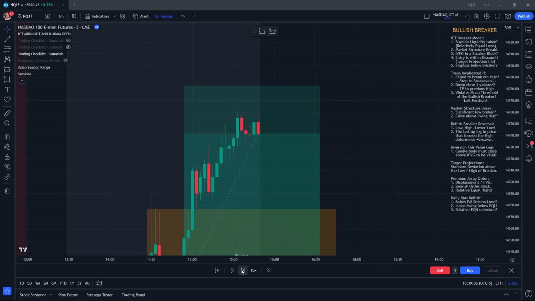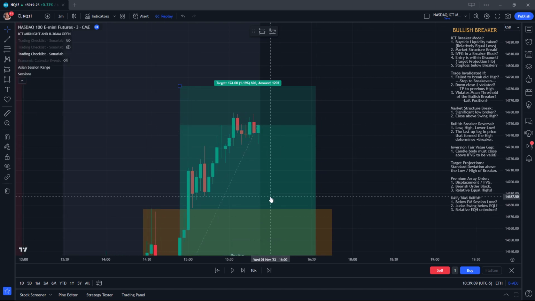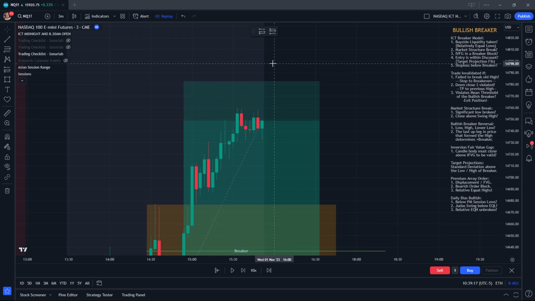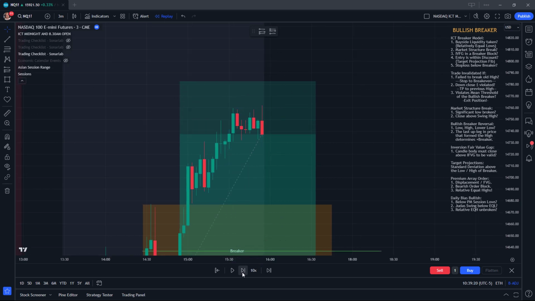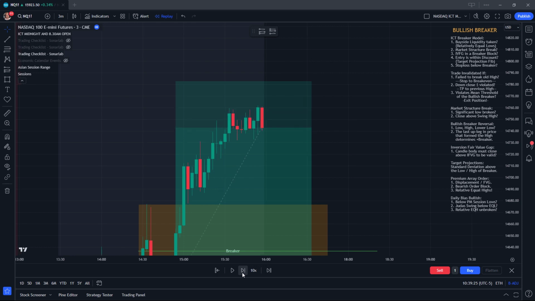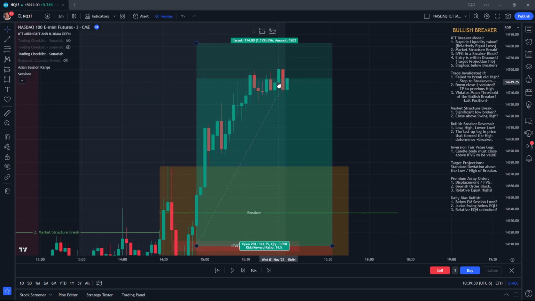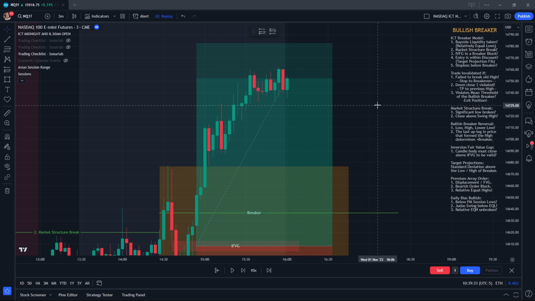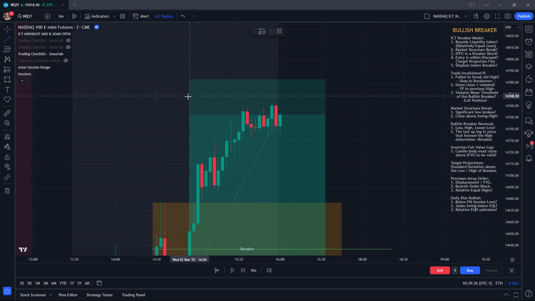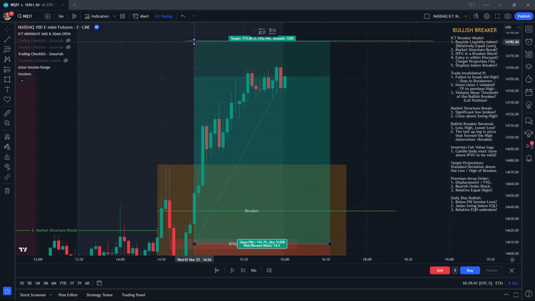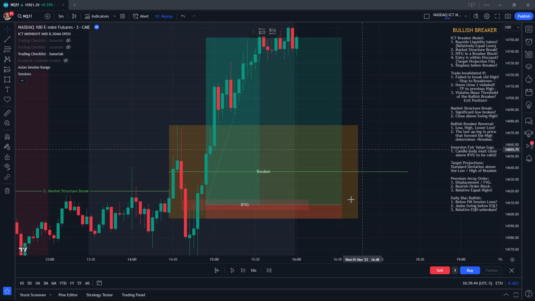Each click is 3 minutes, so this is adding up. Now we're getting close to 4 p.m, the end of the New York session. So if it hasn't reached my profit target by 4, I'm just going to exit this trade, because I just do not want to be still in a trade after 4. At the moment I'm looking at this, maybe it will come back down, maybe it will reach that target, but I'll make a note of where the target was, and then I'm just going to exit the trade on a high note here,